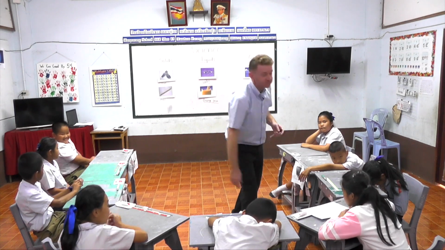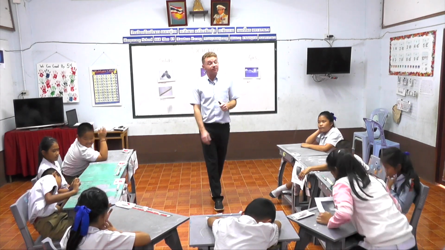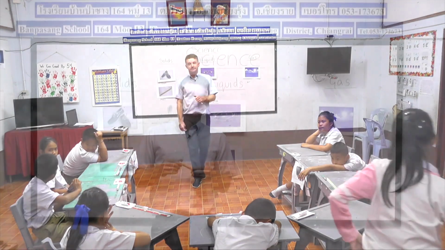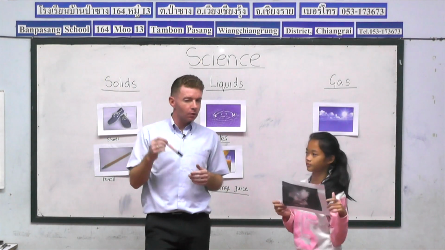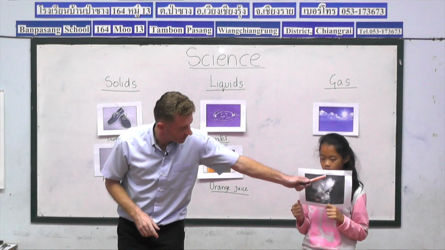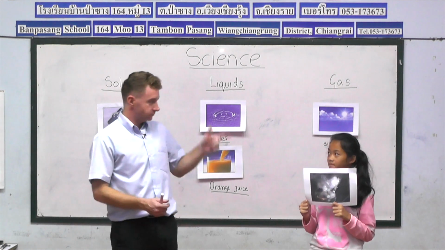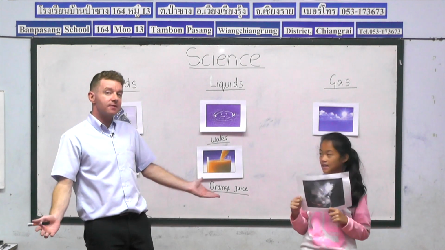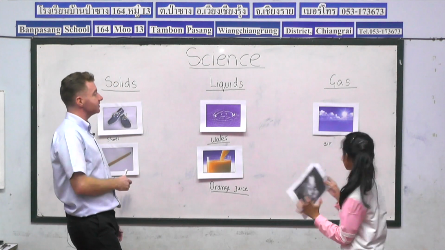And now it's Down's turn. So Down, bring your flashcard to the front of class, please. Okay, guys, so have a look closely at Down's flashcard. Can you remember, what do we call this thing that escapes from the kettle? Steam. Perfect. Now what type of matter is steam? Steam is a gas. Excellent, Down.